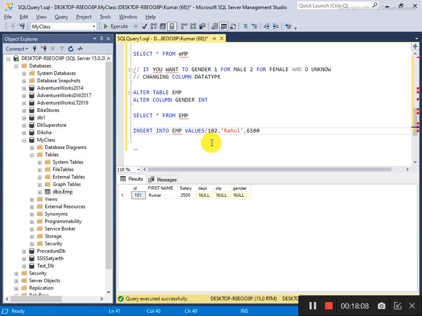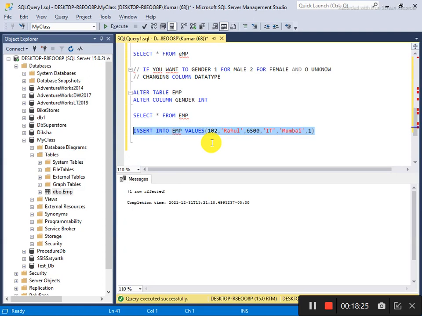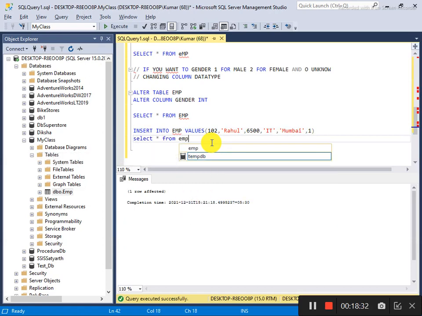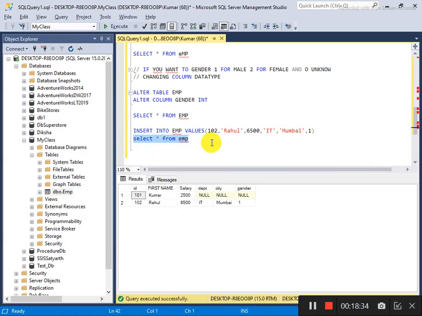Then salary 6500, dept IT department, and city like Mumbai, and now gender is equal to 1. So now all the data has been inserted successfully. You can check here. Now you see all the data has been inserted successfully.